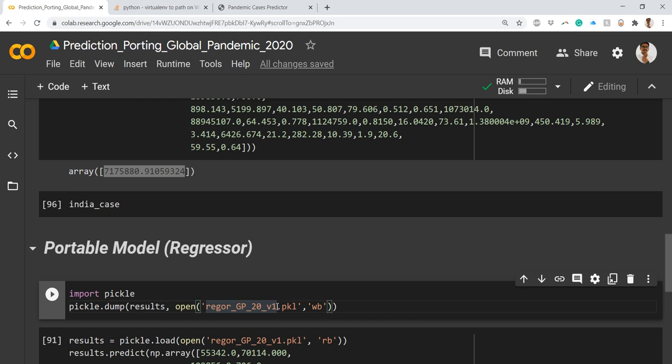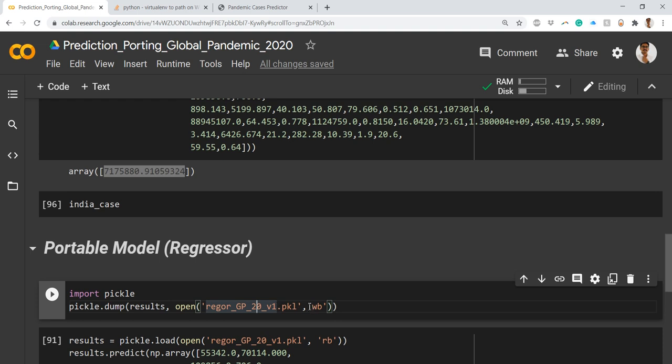Why version 1? Because tomorrow if you require any fine tuning, or if you want to do any modifications to your model, then that will be your second build or second pickle file. You can keep the name changing, or you can retain the old file also. If you want to do any bug tracking or any other stuff for project management, you can do it that way also.